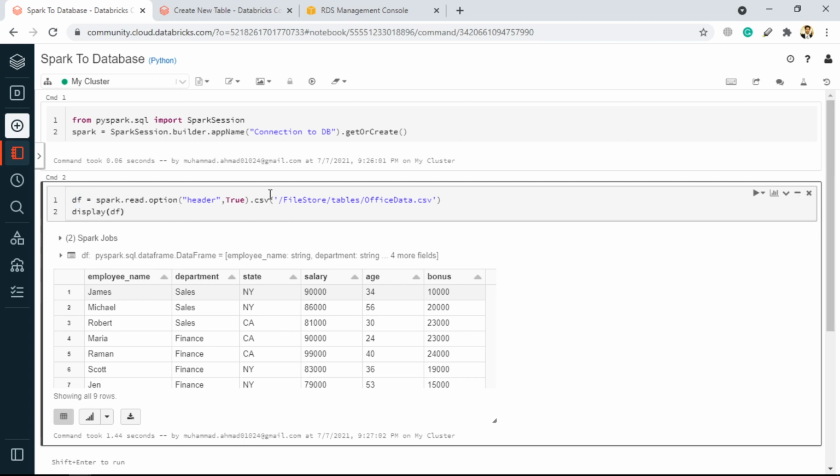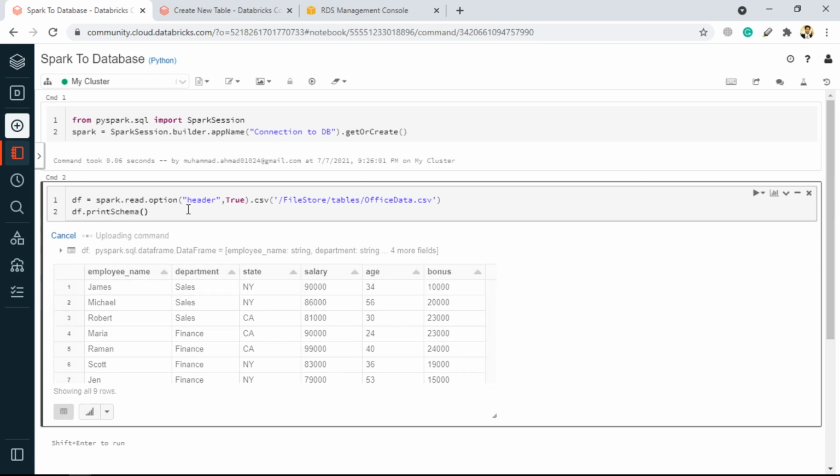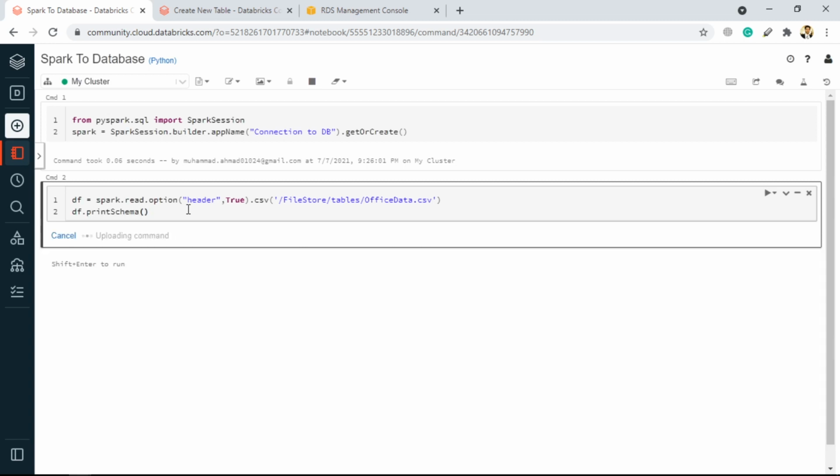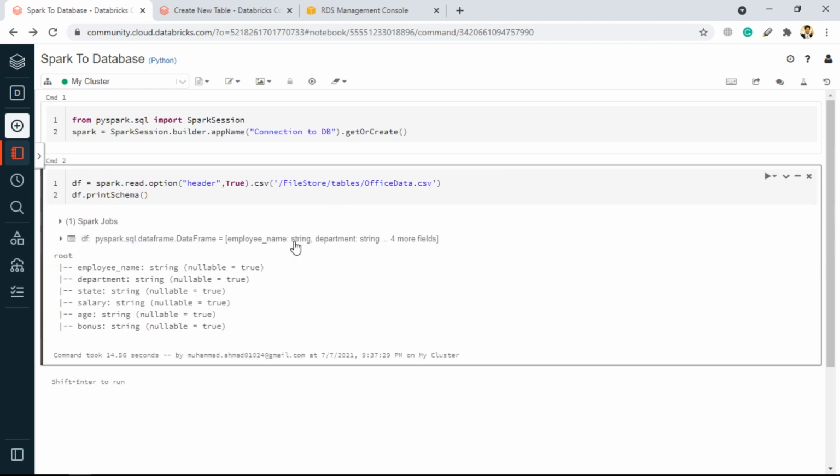So here I may go for df.printSchema. Now here you can see that all the columns have the same data type, which is string, right?